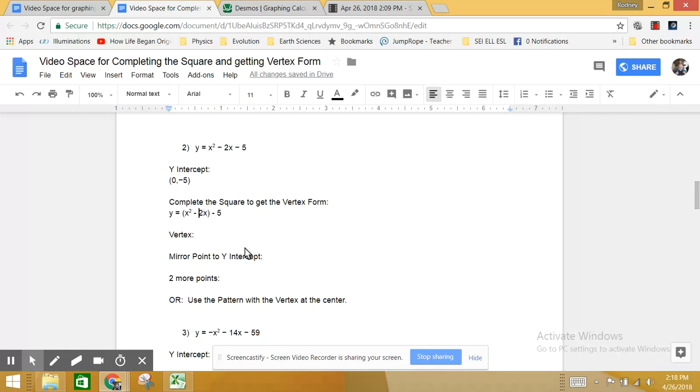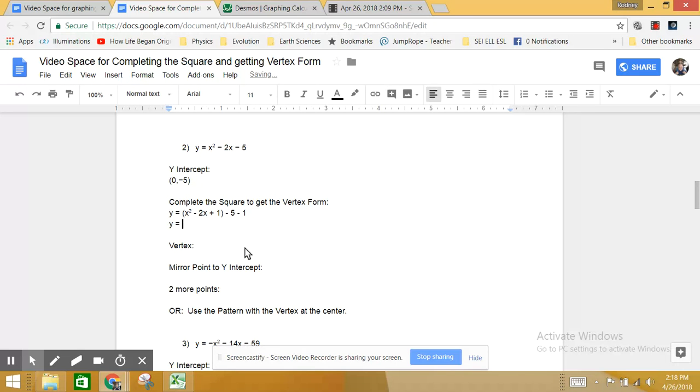So I'm going to take half of negative 2 and square it. That's going to be negative 1 squared, and that's just positive 1. So I don't care about all that. But if I add 1 in there, I have to subtract 1 there as well. So if I'm doing that, then I'm going to end up with y equals